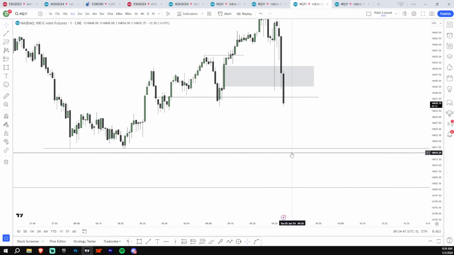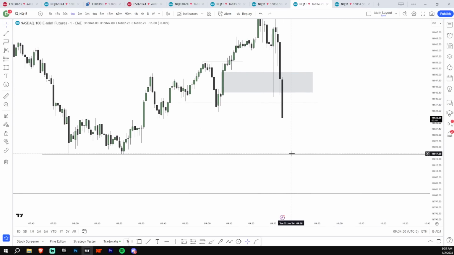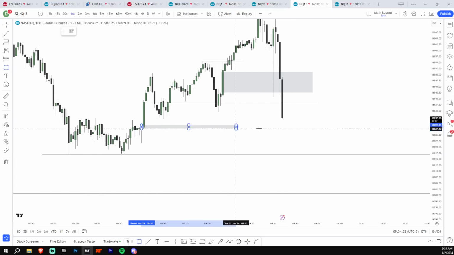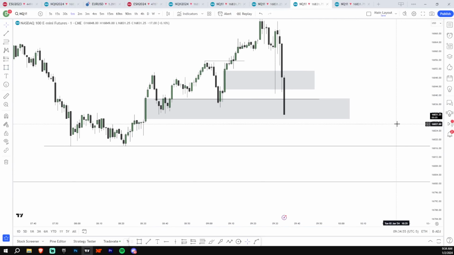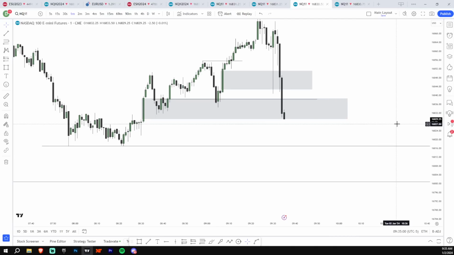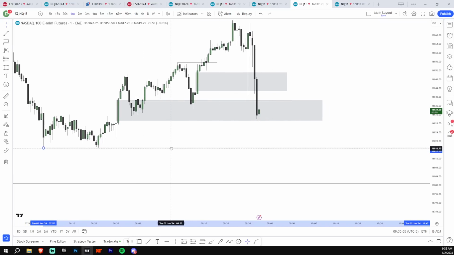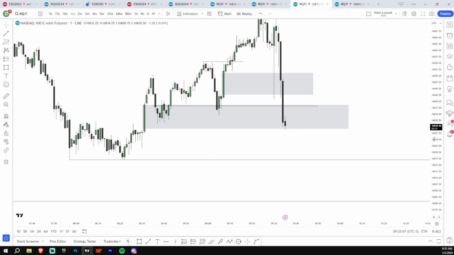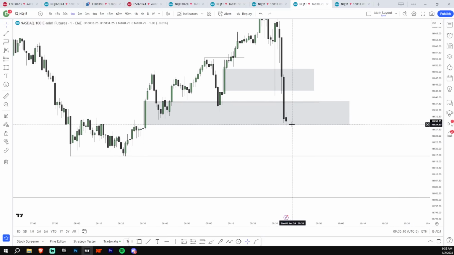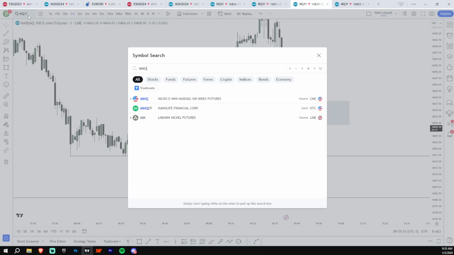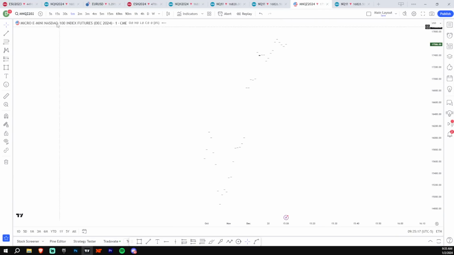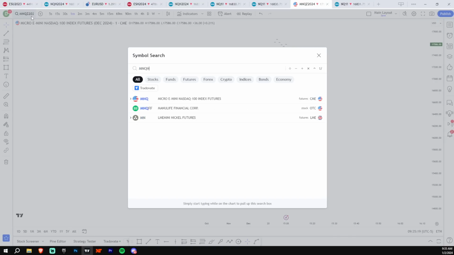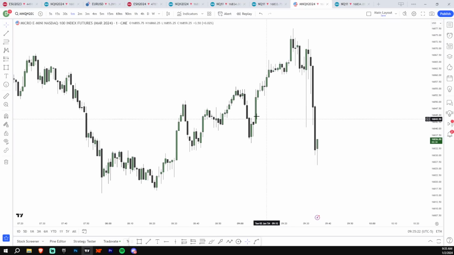So again, I'm still targeting these lows. If we close below this, I think we're just going to accelerate to these lows. So there's not really a textbook short model or inverse model, I'm not going to lie. Again, if we close below this, price should very quickly accelerate to here. I'll probably take some micros for this play just because we're so low. Only if we violate this, though.